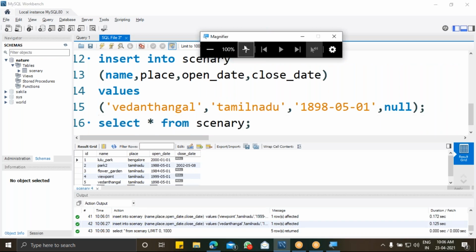I just added three to four values here: Part 2, flower garden, viewpoint, and Vedanagar. So I have added some with close date and also with null values. Now I'm going to create another table.